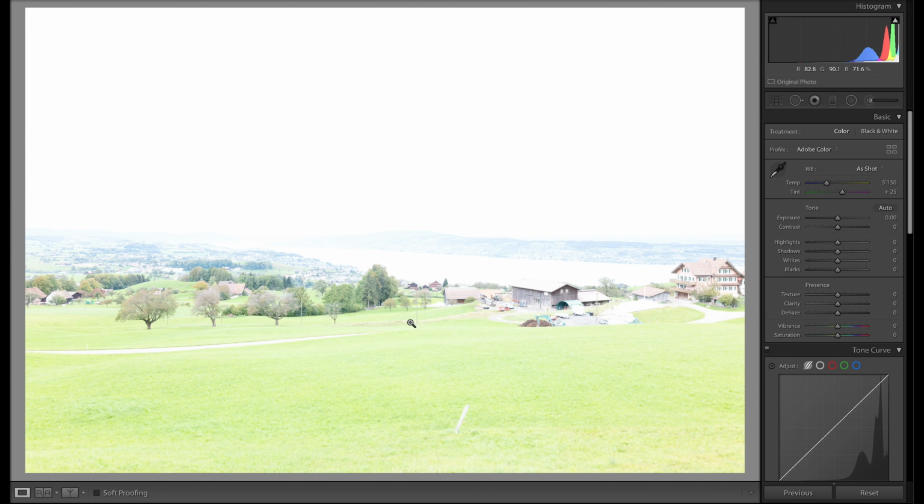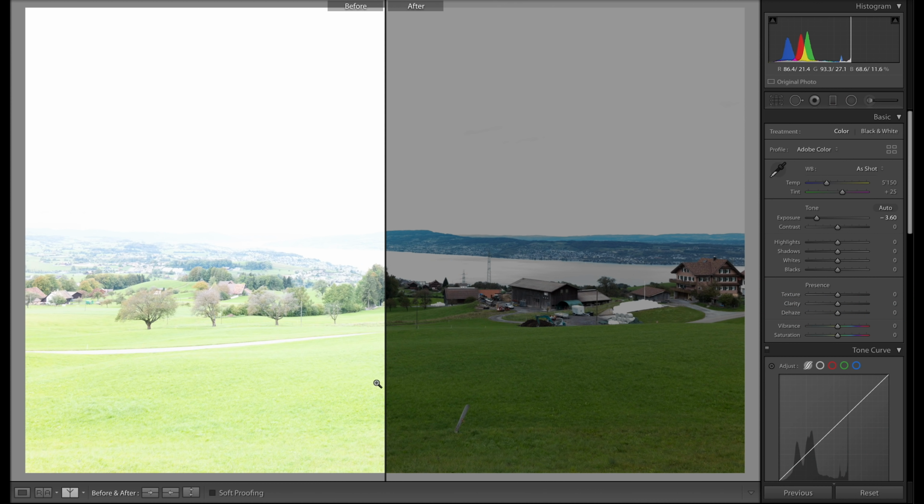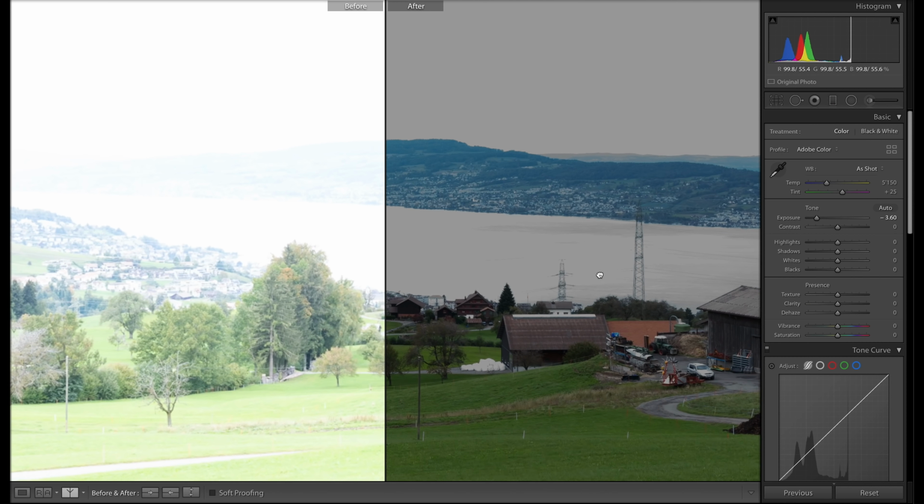So this was the image as I got it out of camera, totally overblown. And clearly if we match this, we can recover a lot out of the overblown exposures. And I think maybe I put them side by side. So this is the version before post, this is after post. And if you look